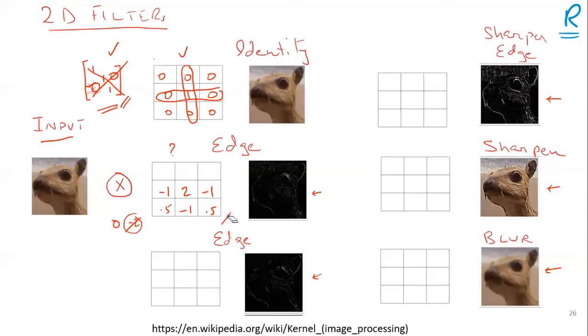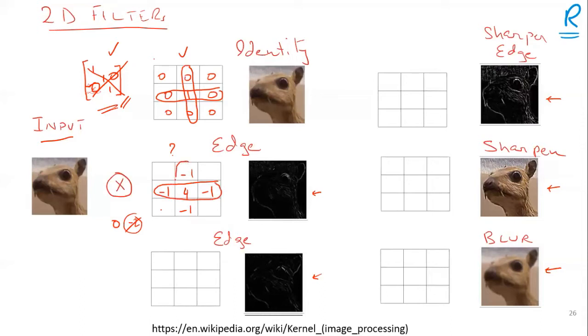We have a problem over here that you have -1 and this not balancing out. What's the simplest way to balance it? 2 के बदले आप 4 कर दें, exactly. So this would make it a filter, a proper edge detecting filter. जी. वो गलत नहीं था. It's just that I don't know what it will produce. Okay, but this we know what it will produce, because we can see that